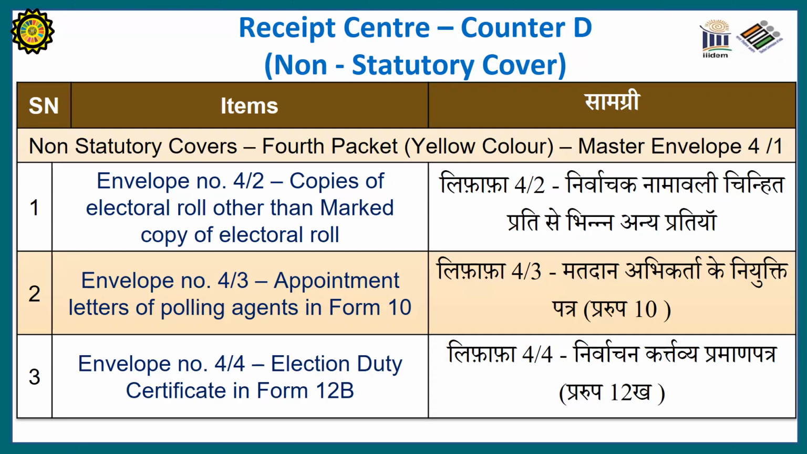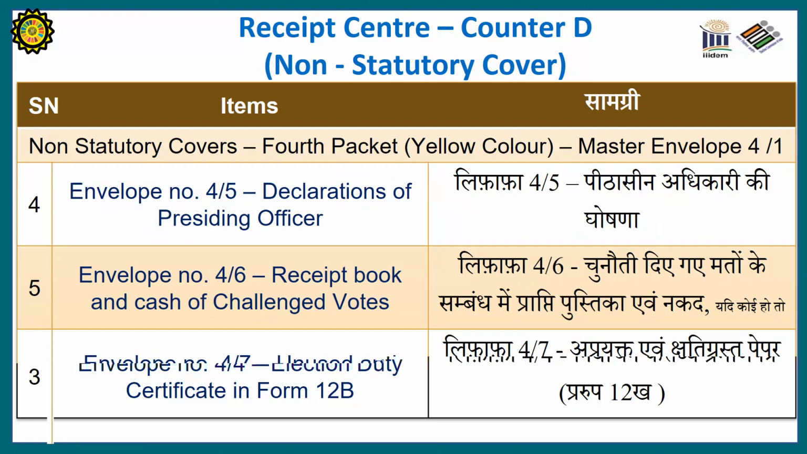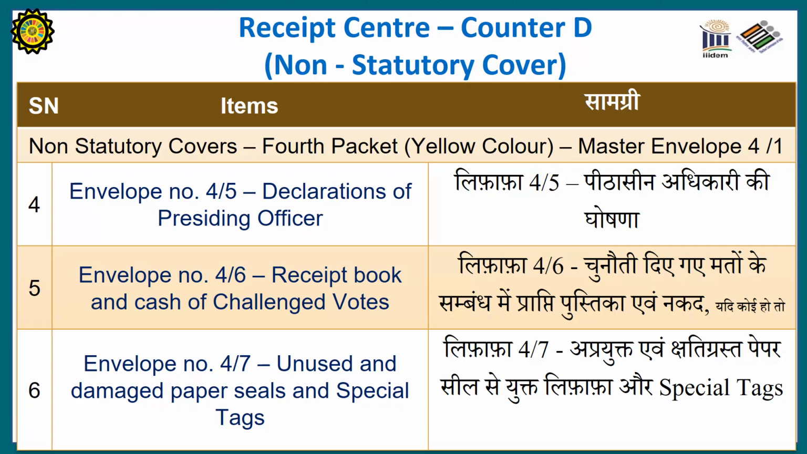The fourth counter, D, will deposit non-statutory covers. Here the master envelope will be yellow in color, and this yellow colored master envelope will contain an envelope having copies of electoral roll other than the marked copy, envelope containing appointment letters of polling agents in form 10, envelope having election duty certificate in form 12B, envelope having declaration of presiding officer, and envelope having receipt book and cash of challenged votes,